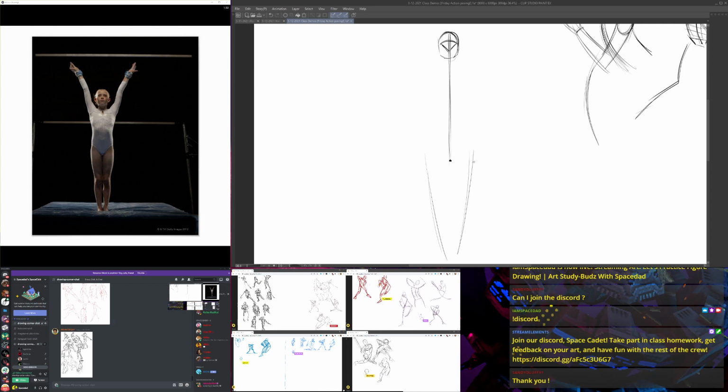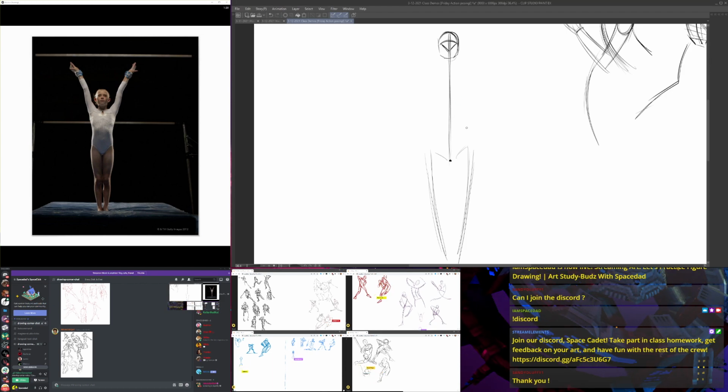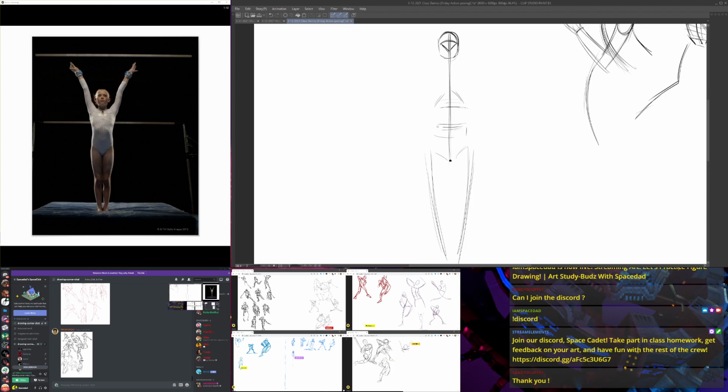I'm just gonna indicate sides of the legs a little bit. So even when it's stretched out like this, you can see the bottom of the rib cage is tilted towards us and the top of the pelvis is tilted towards us. You can see that outlined on the front of their body a little bit.